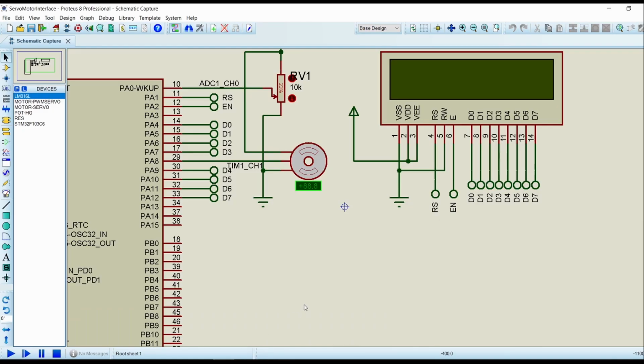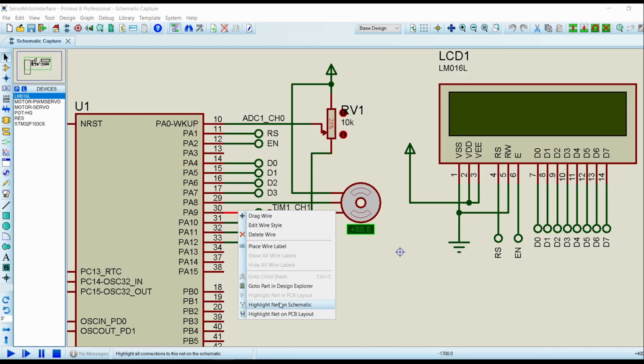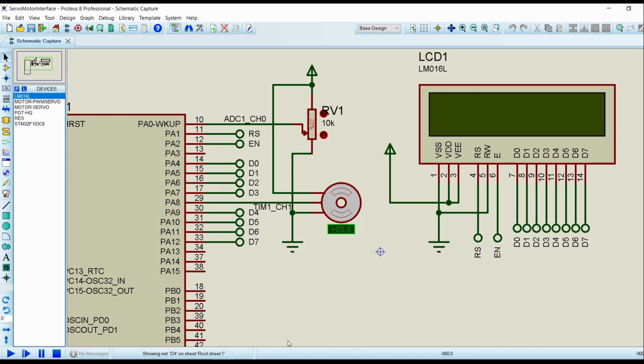Now let's look at our circuit. We have selected and placed a 16x2 LCD. Now PA4 to PA7 is connected to D0 to D3 and PA9 to PA12 is connected to D4 to D7.